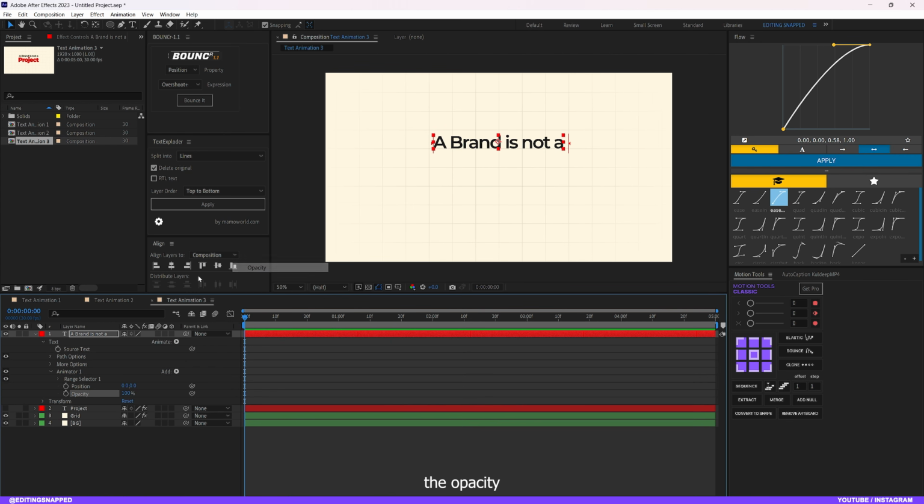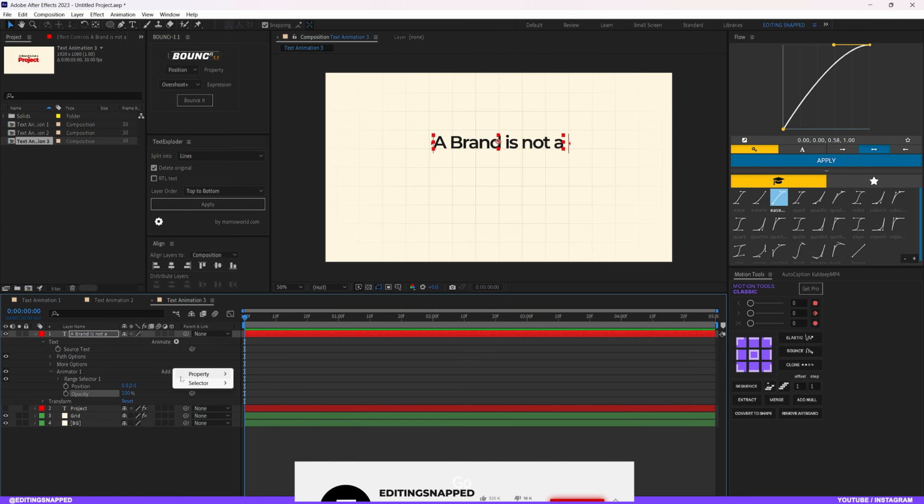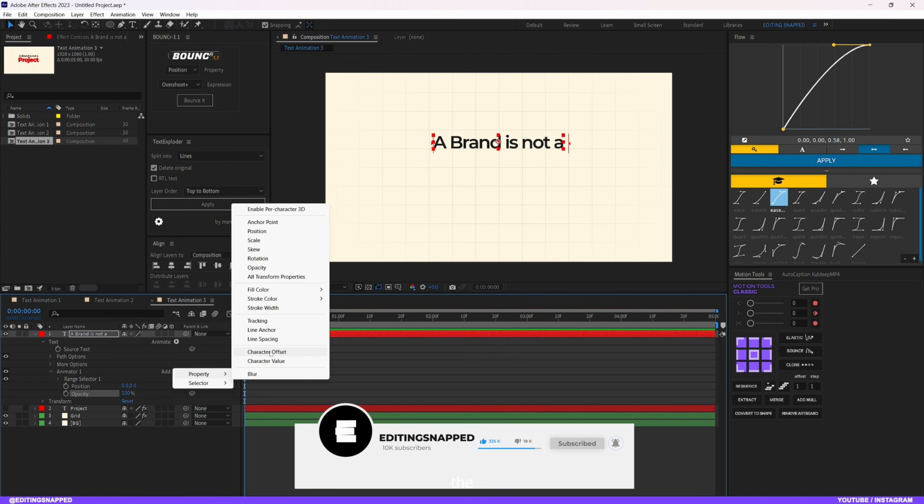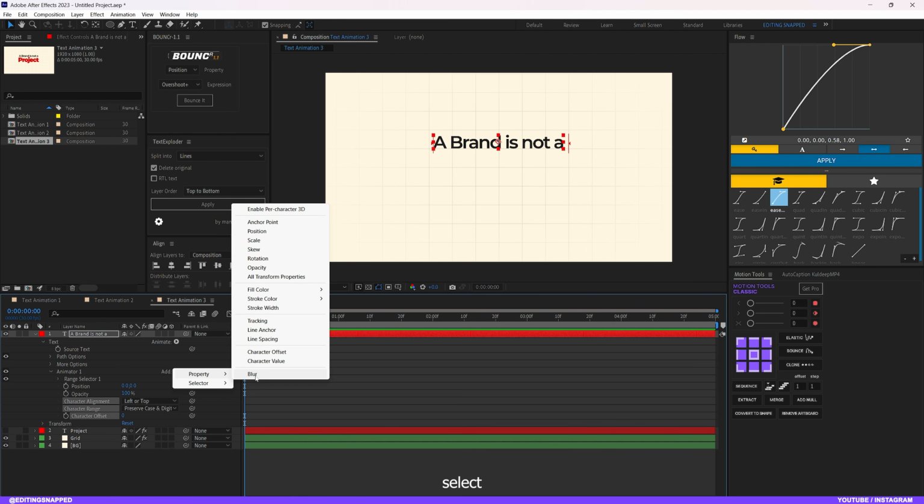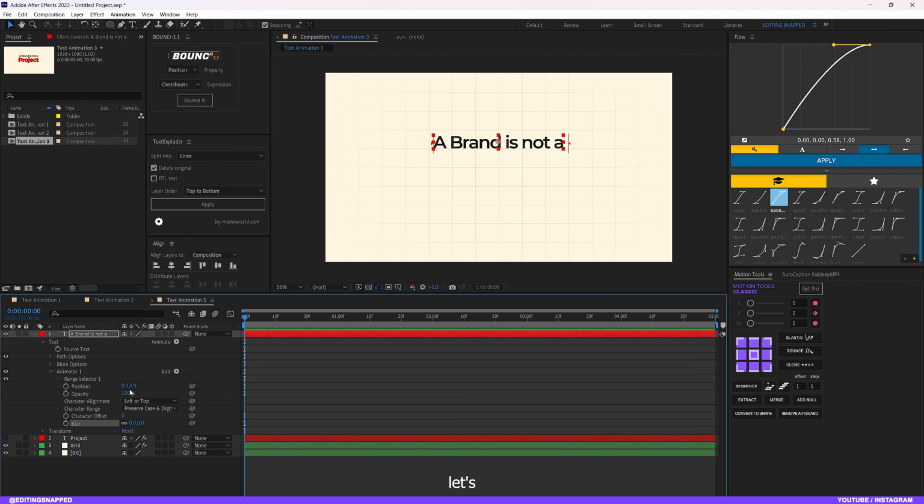This time select the opacity property. Again click on add, go to property, and this time select the character offset property. Again click on add, go to property, and lastly select the blur property. Now let's set the vertical position of the text, so something around maybe 95. Set the opacity to 0% and set the character offset value to 10 and set the blur amount like before,